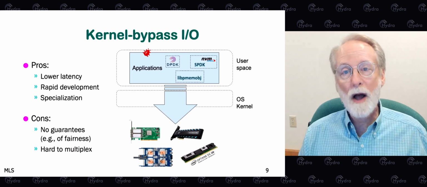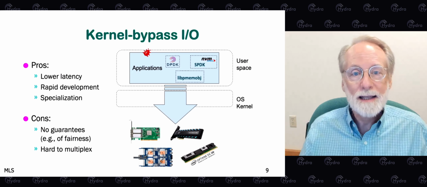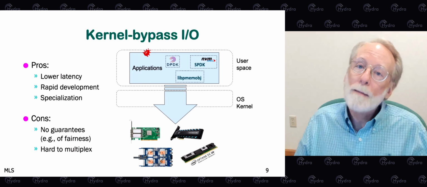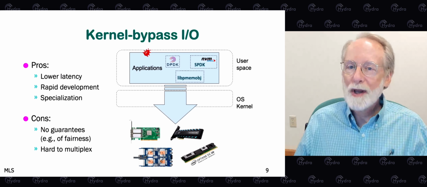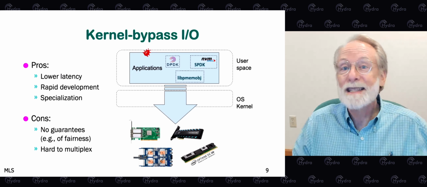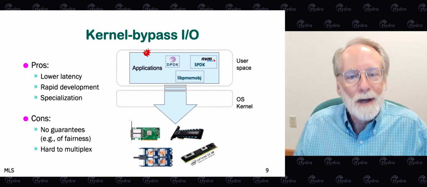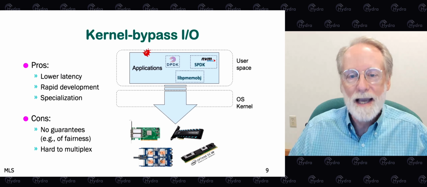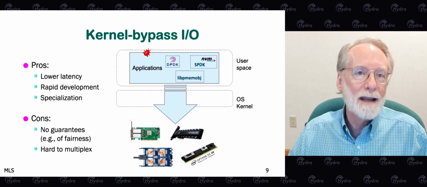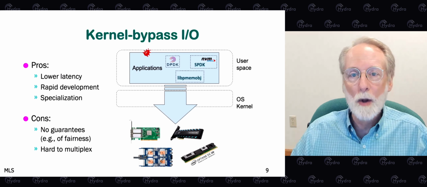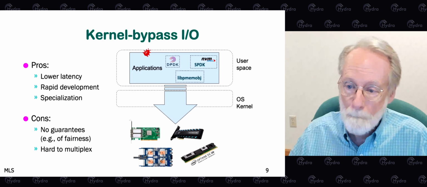So if application 1 is sending larger packets over the network than application 2 is, it's likely that application 1 will get more network bandwidth. Or if application 1 creates multiple connections to the device, it can basically steal extra bandwidth that is taken away from other applications. And because the operating system is not involved on the data path, on the routine operations on the device, it has no way of getting back into control and enforcing the global policy that is, after all, supposed to be the operating system's responsibility.